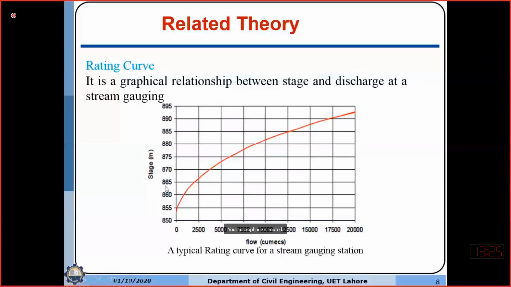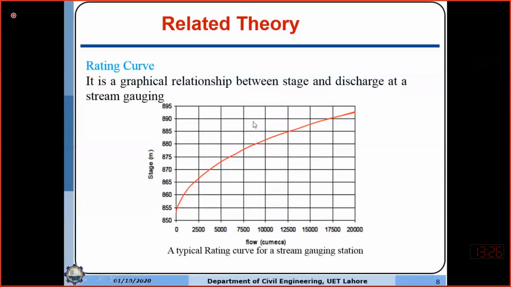So remember this, when we plot the rating curve in the field, we have two things to do. Number one, we have to find the stage when it is rising. So we have to measure different stage values and corresponding discharge values, and then we can plot the rising rating curve. And then we repeat the same for the falling stage. When the water level in the river is reducing, we again find the discharge and the stage correspondingly, and then we plot again.